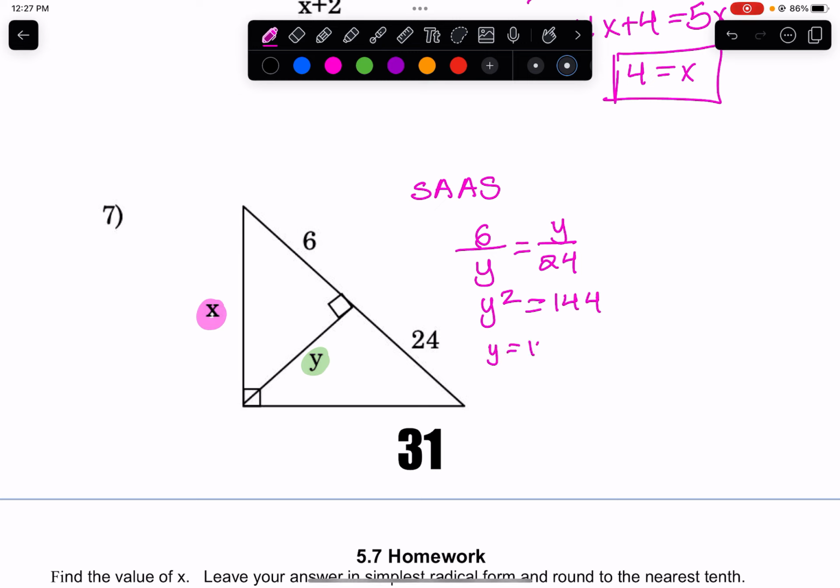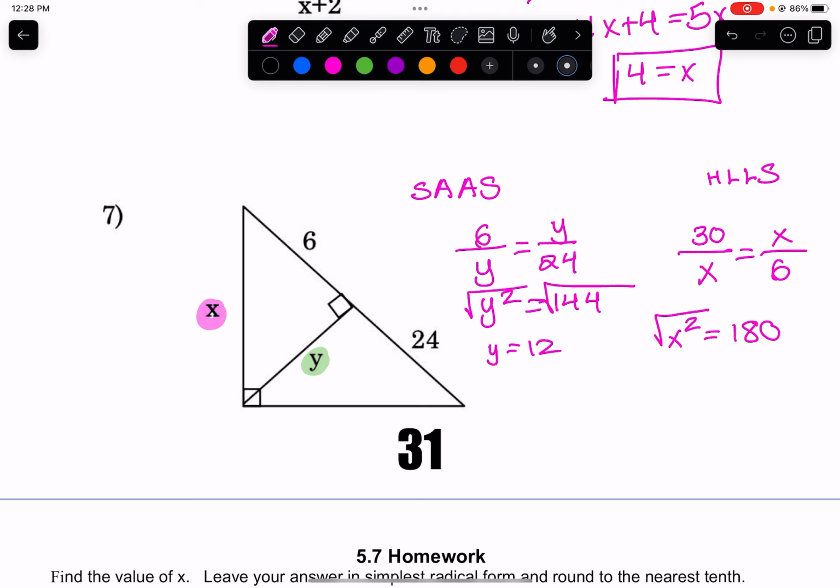Y is equal to 12 after you take the square root. Whereas for x, we're going to use hypotenuse, leg, side. So we have hypotenuse 24 plus 6, which is 30, over our leg x. Leg is x, side is 6. X squared is equal to 180. When I take the square root of 180,